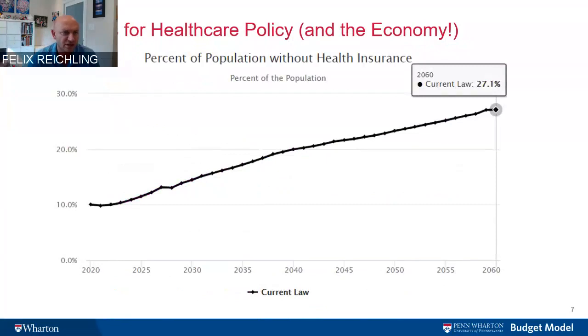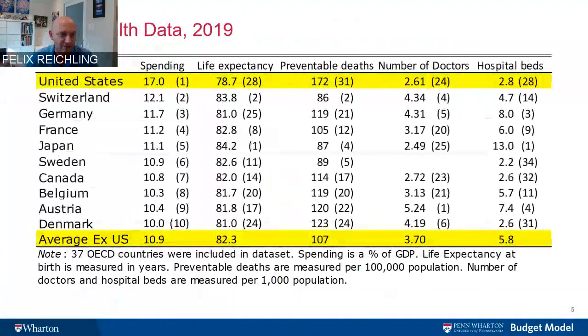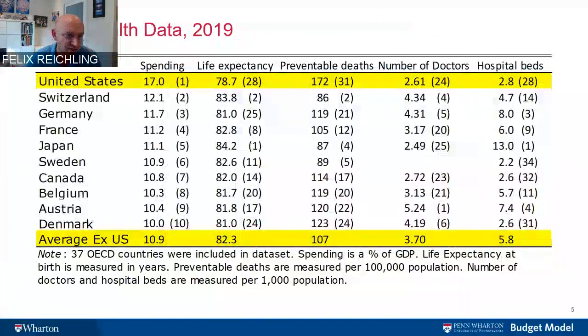All right. So what does this mean for people's health and their healthcare options? Right now, roughly 10% of the population is uninsured. And by the way, going back to this graph, I should mention that not only does the US spend roughly 55% more than all these other countries, but all these other countries provide health insurance to the whole population, not just 90% of it.